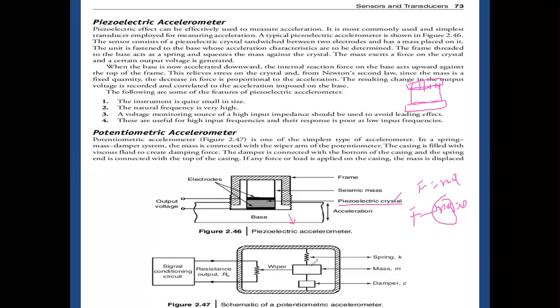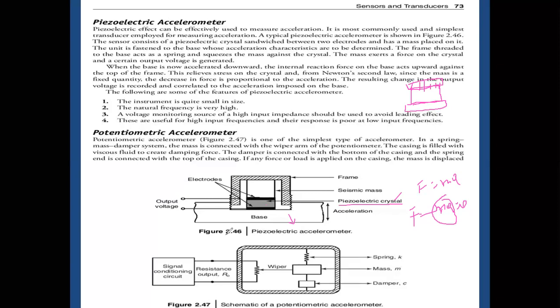In any kind of accelerometer, we have a casing. The entire elements are covered by the casing in order to prevent the impact of external situations, which are nothing but environmental situations. Whether it is rainy season or summer season, or any external disturbance, the entire elements are covered by some kind of casing.